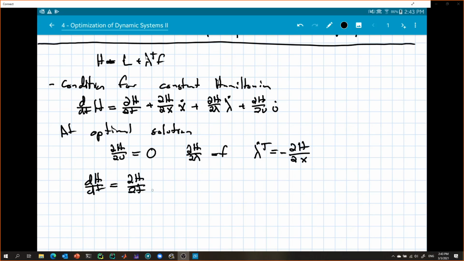This partial with respect to time stays, but instead we get a negative lambda. Let me make sure I copy this. I'm sorry, this stays the same. You could do it multiple ways, but this is going to stay the same. And I'm just going to say it's f, and then this one here is equal to, we get a minus